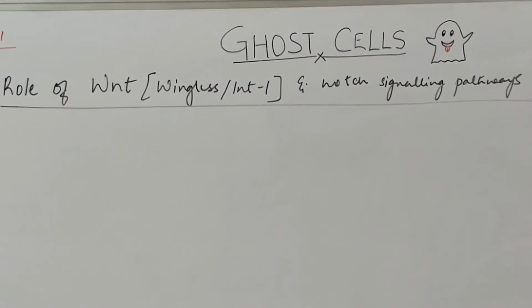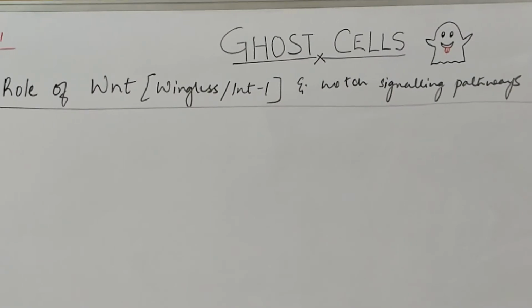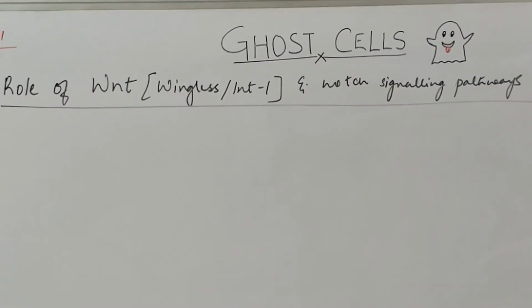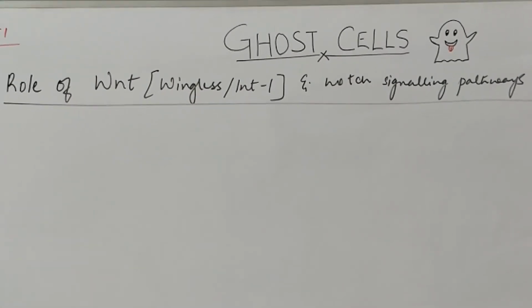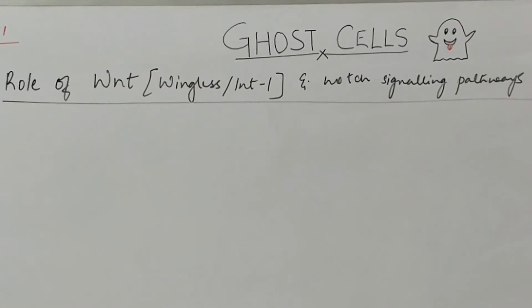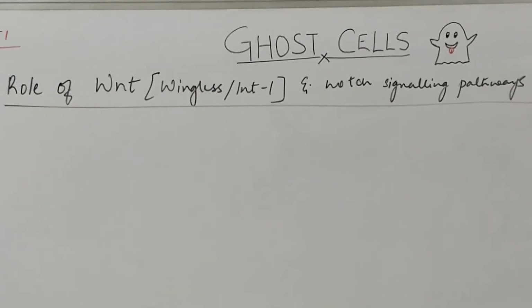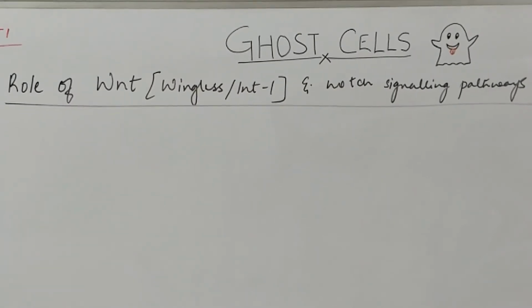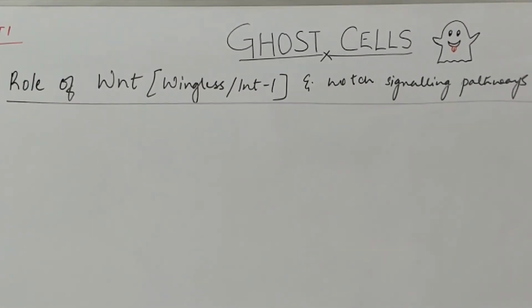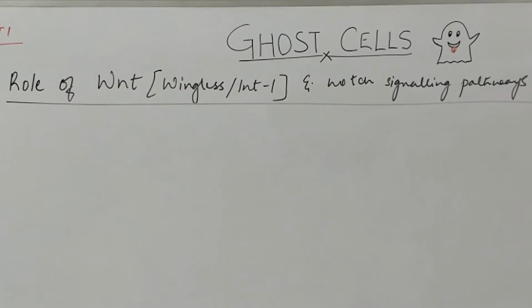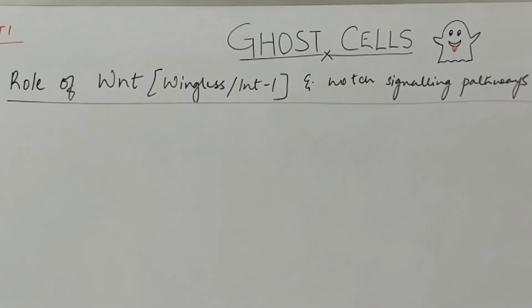So how is this related to ghost cells? We will see. Just a few minutes ago, when we were reading about where these ghost cells are seen, one thing we know for sure is that all these tumors that we had discussed had one thing in common, that is the presence of ghost cells. Apart from that, there can be another thing in common, that is the probable molecular mechanism in their pathogenesis. So wherever we see ghost cells, these tumors might share the same kind of pathogenesis when related to these molecules.